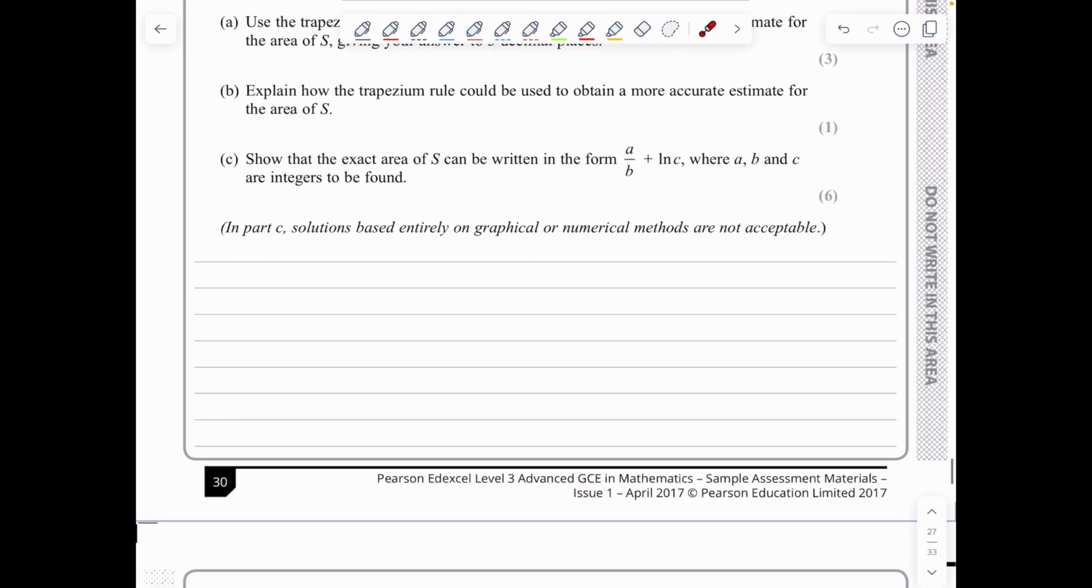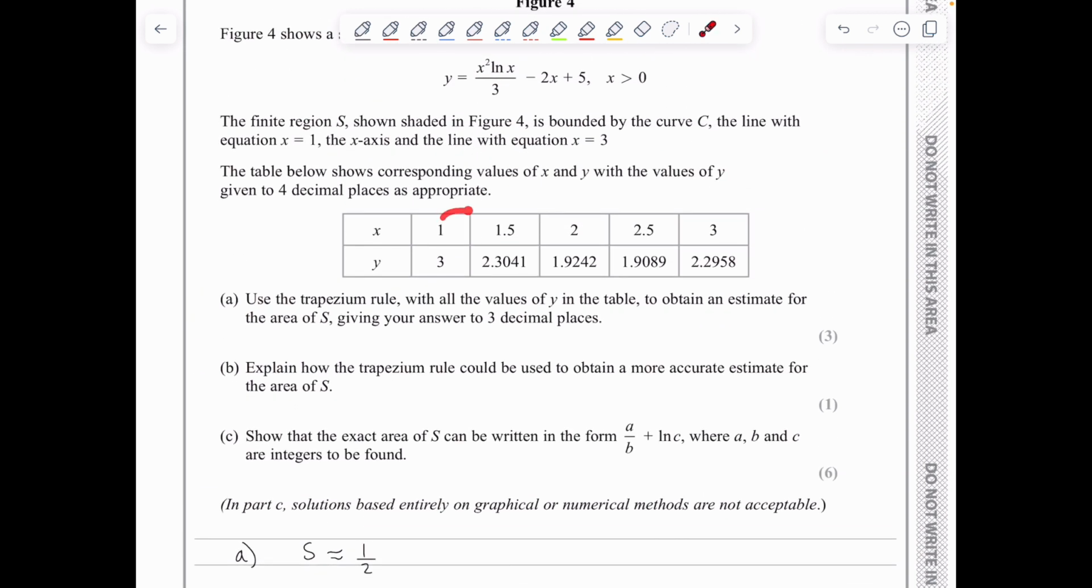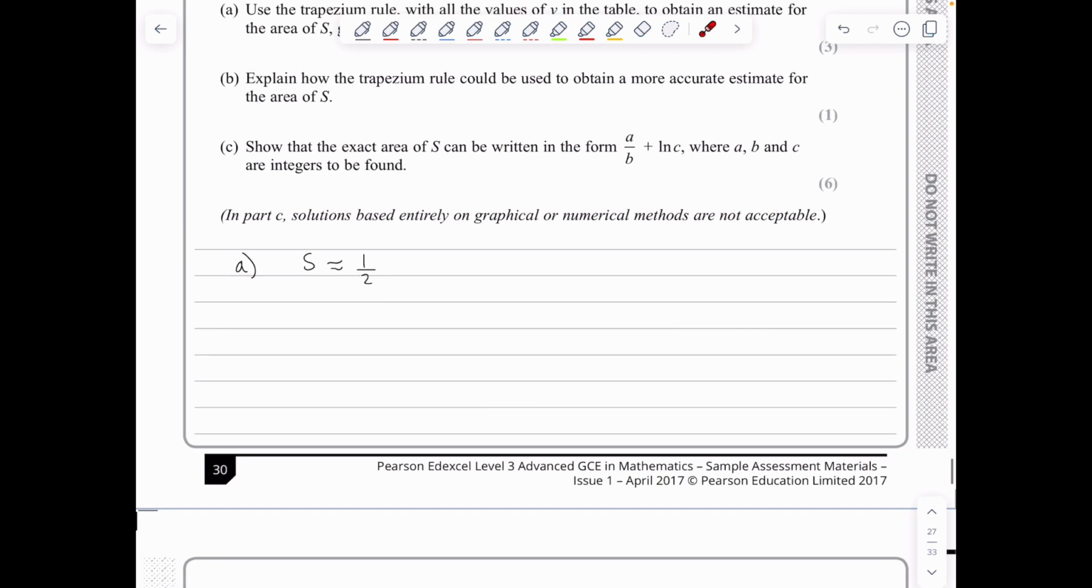So we know that the trapezium rule is used to find an estimate for the area. So the area S will be approximately a half times the height of the trapezia, which is simply the difference between two consecutive values of x. So that's going to be 0.5 in this case. So a half times 0.5, and then it's the first and last y values once, so 3 plus 2.2958 plus